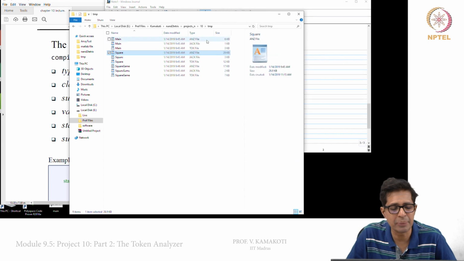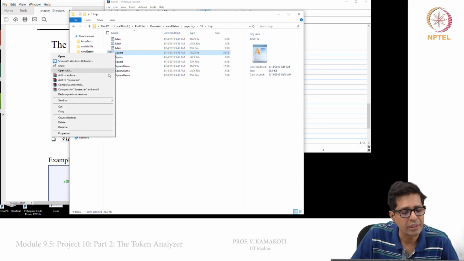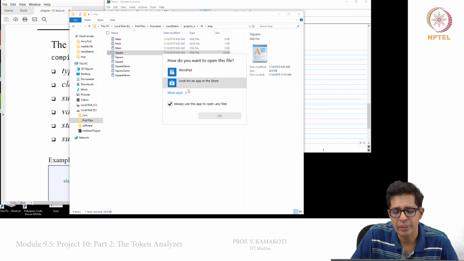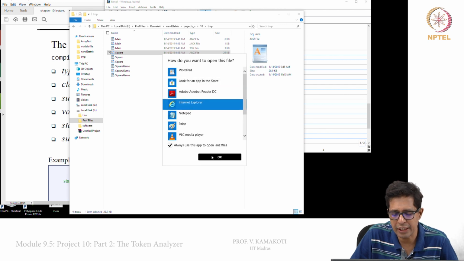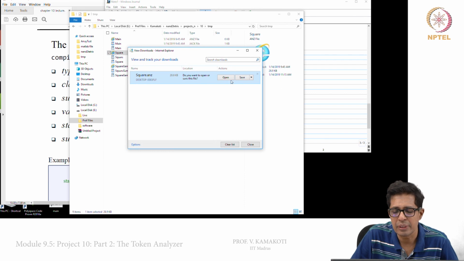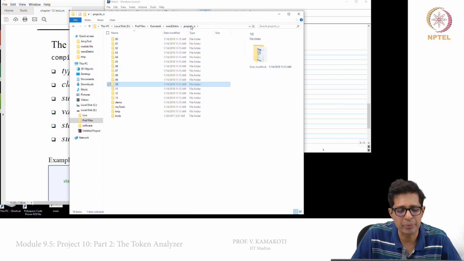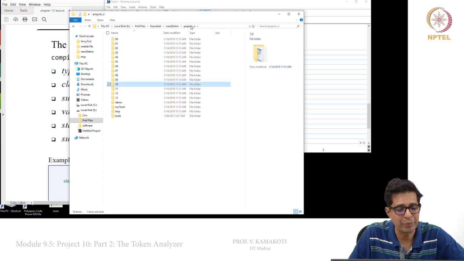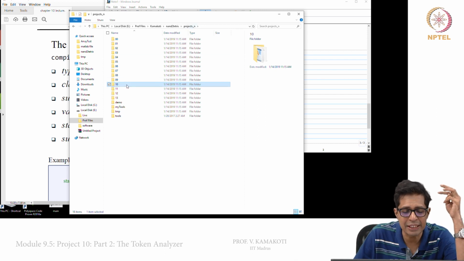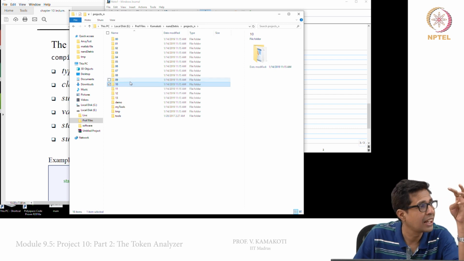So we can open this XML file in a browser. You can also open it with Internet Explorer. So we have to rename this. One of the difficulties with Internet Explorer is that I have just named it as analyzed file, ANZ. I have to rename it as an XML file. Then only it will work.